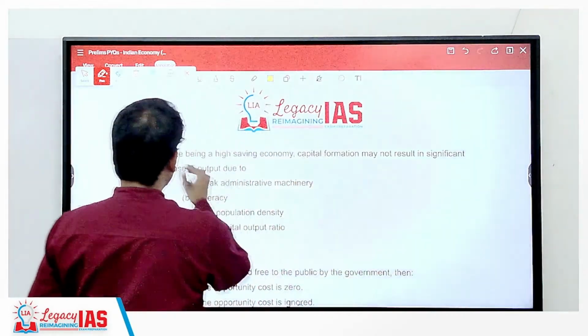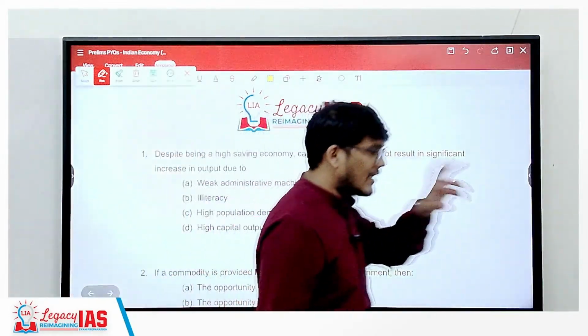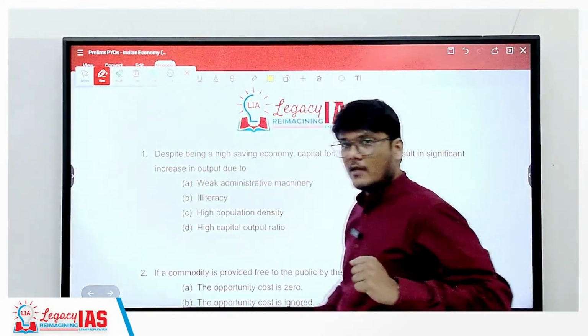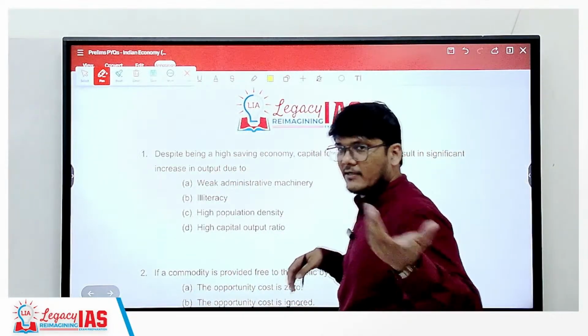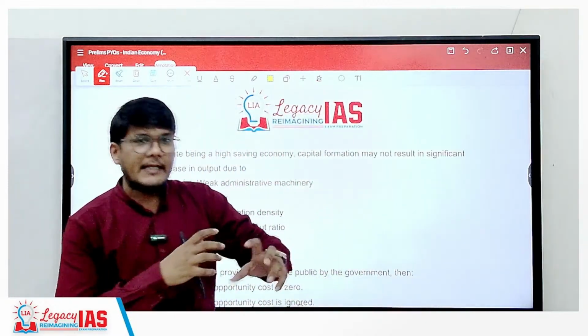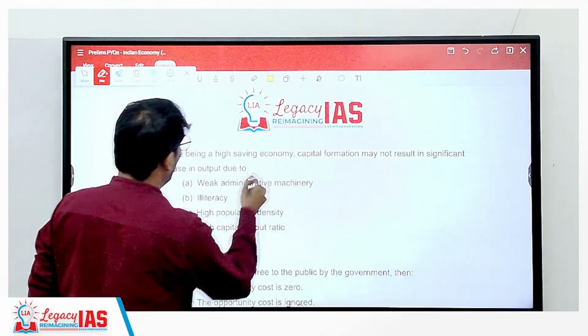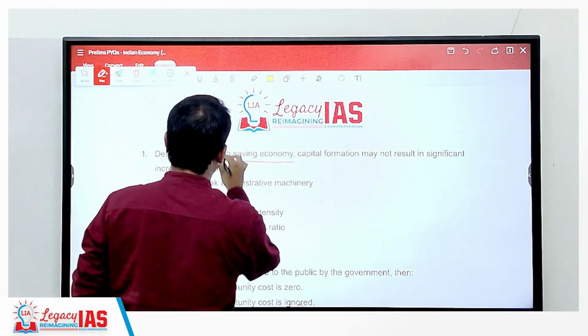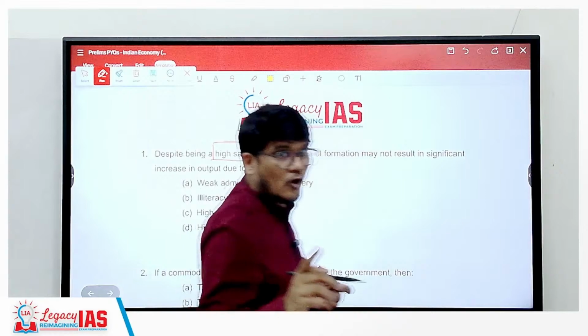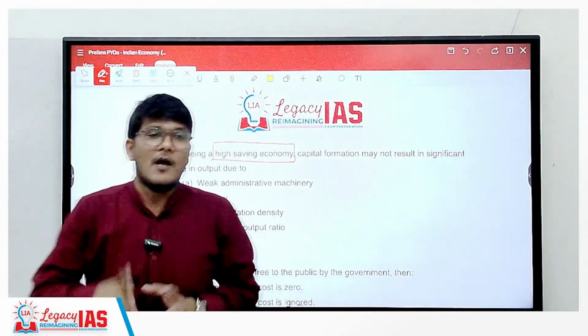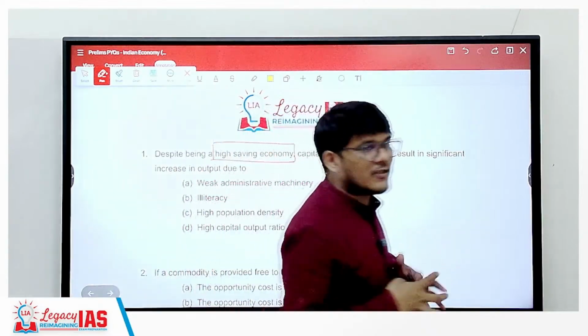So despite being a high saving economy, in fact they are giving the initial reference with respect to India. Later on we'll see whether it is related to India or not, but the initial reference is with respect to India. Why? Because it is saying that despite being a high saving economy, isn't India a high saving economy? Yes, it is. More than 30% of savings we have, but an economic survey has mentioned this data, but the issue